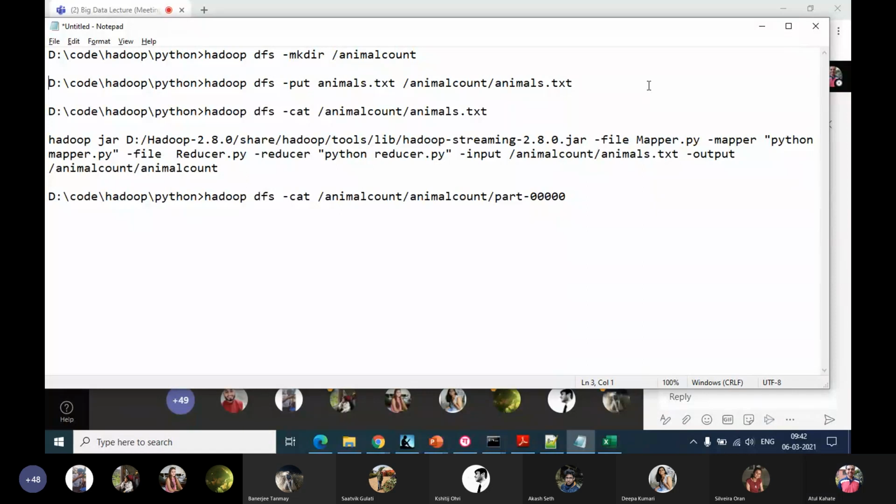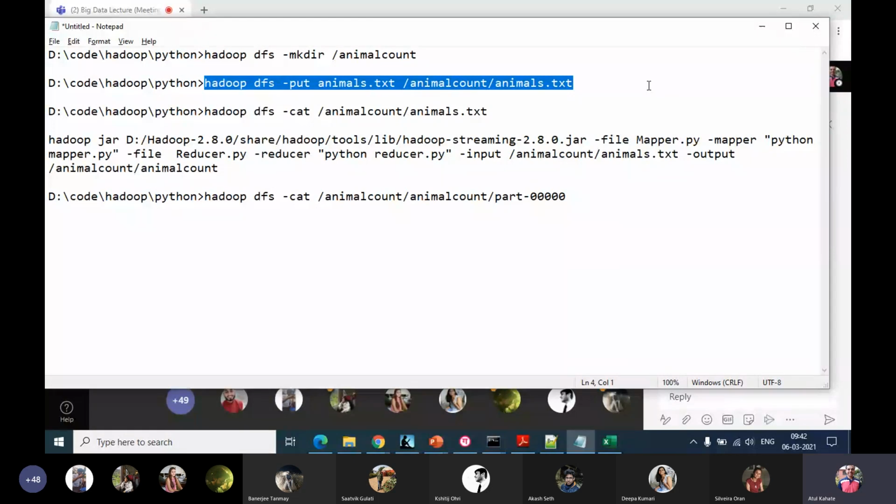In the second command, we now try to upload the animals.txt file from our local folder, from wherever we are running this command. In many of your cases, I think you are running it from a directory called test files, or some of us could be running it from the code Hadoop Python directory.